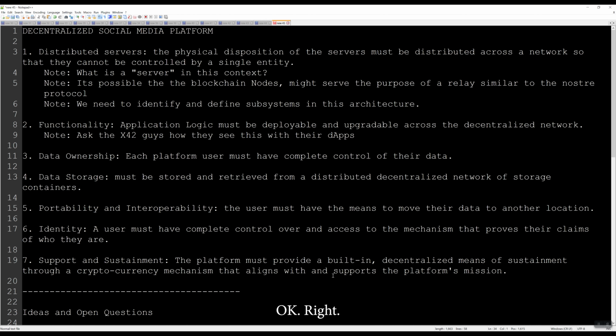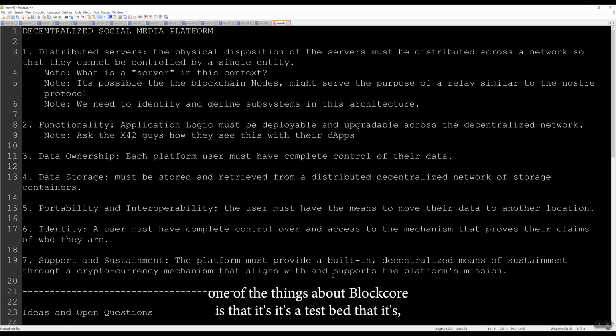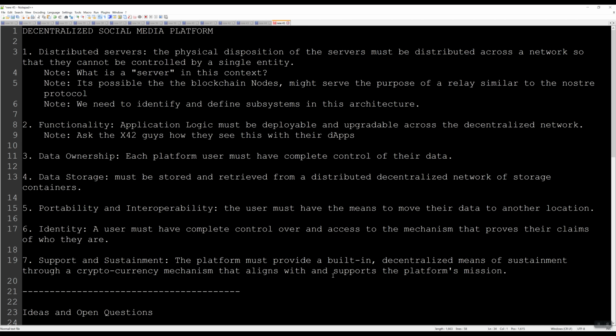Okay, right. So in the social, and frankly, at least for my personal implementation, the wonderful thing about Blockcore is that it's a test bed. It's an open platform of ideas to try stuff out. But I am very, very interested in trying to use X42 to come up with some kind of social media platform. Because the fact that I can host the client in a distributed fashion, the client being the actual social media app, and have a distributed,